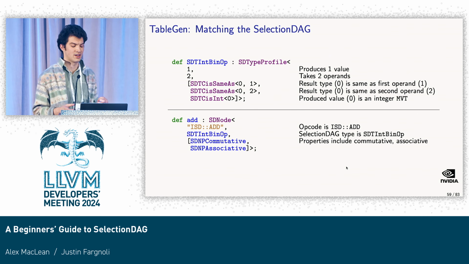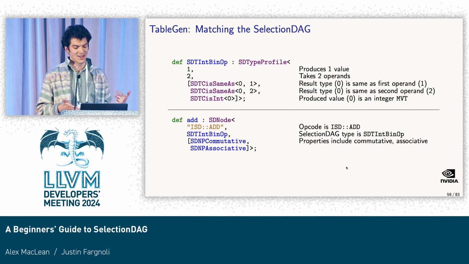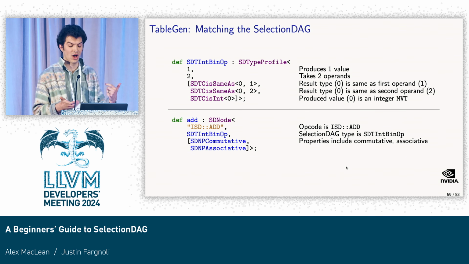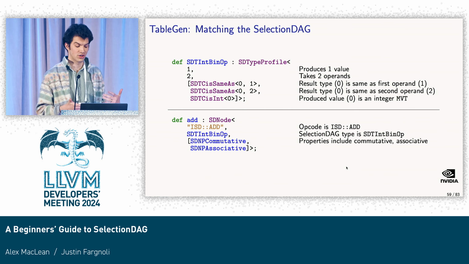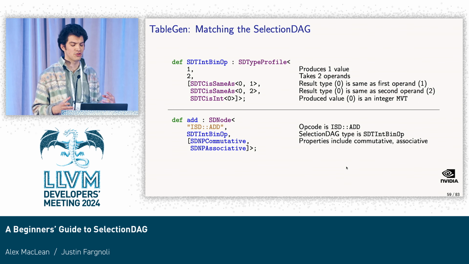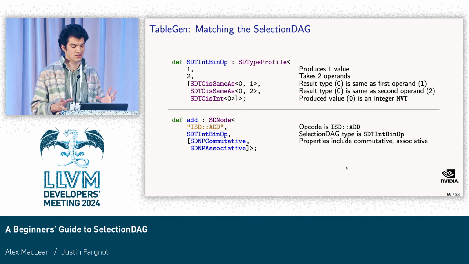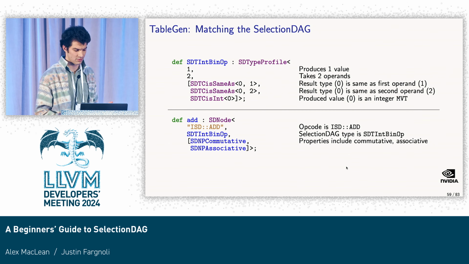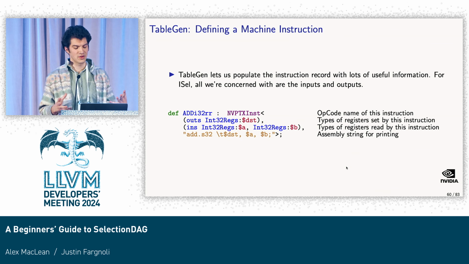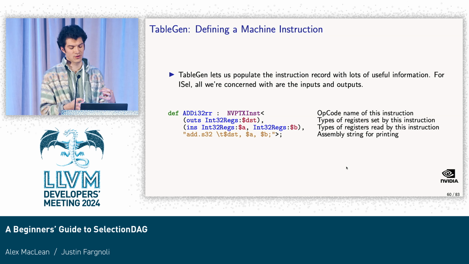The next thing that we're going to define is an SD node. And this is a subclass of SD pattern operator. And here we're going to say what opcode we're expecting it to have, so ISD add. We're going to use the type profile from above. And we're also going to assign it some additional properties. So here, commutative and associative. And this just gives TableGen more flexibility when it's generating the matching code for us. So if it sees that some pattern matches on the DAG, if we commute the operands, it will automatically do that for us. All right, so now that we've defined what we can look for in the selection DAG,